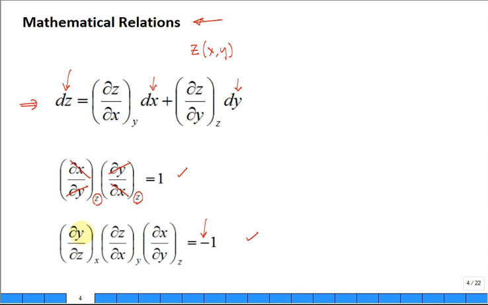Change in y with respect to z holding x constant, change in z with respect to x holding y constant, change in x with respect to y holding z constant. Let's just cancel the changes in y's. Let's cancel the changes in z, then cancel the changes in x. Why is there a negative sign? Well, there is. It's math. All right? So that's a cyclic relationship. We use these as building block tools to develop our mathematical relationships.